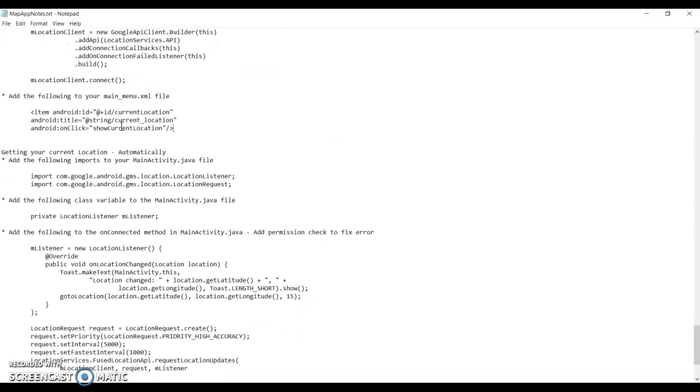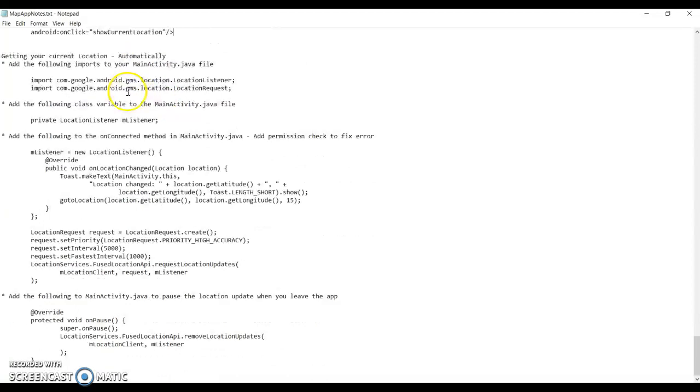Okay, so the next piece, after you've tested that and it works, what we want is to be able to have our app automatically go to some locations. This is kind of what happens when you're using Google Maps for directions, and it continuously updates where you are as you travel. So that's something similar to what we want here. So we're going to go back to the MainActivity.java,